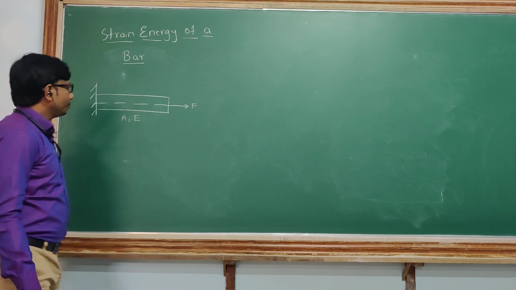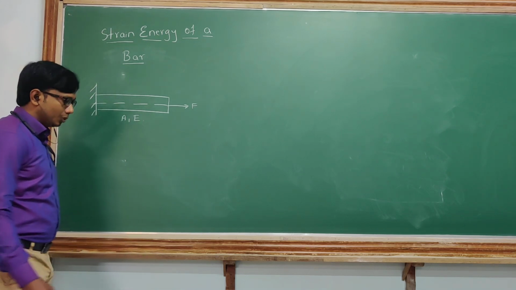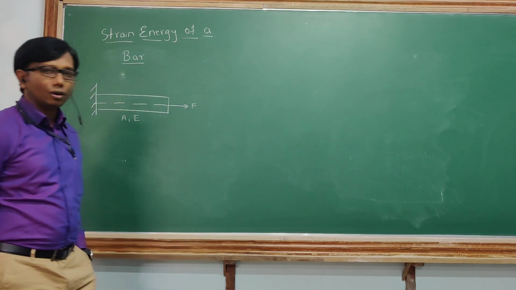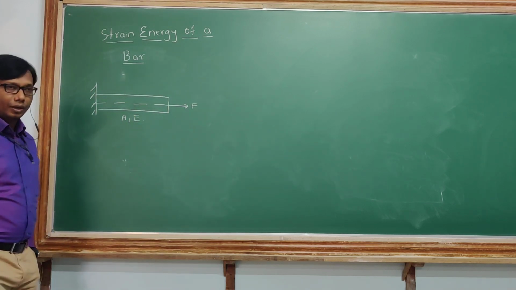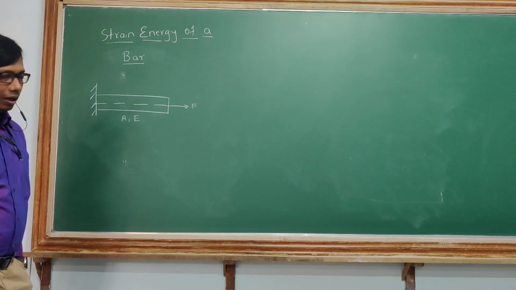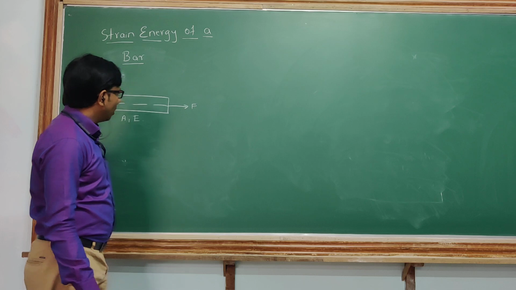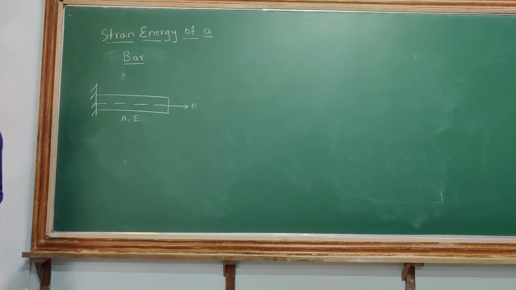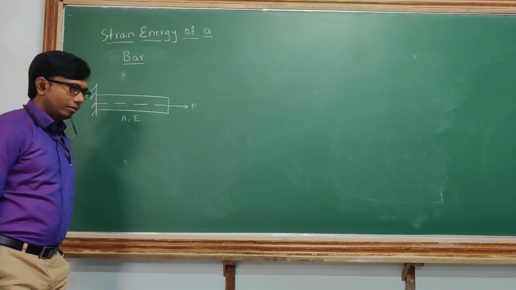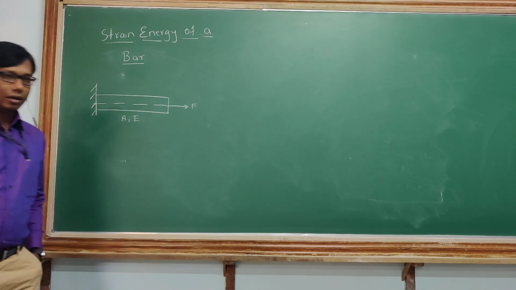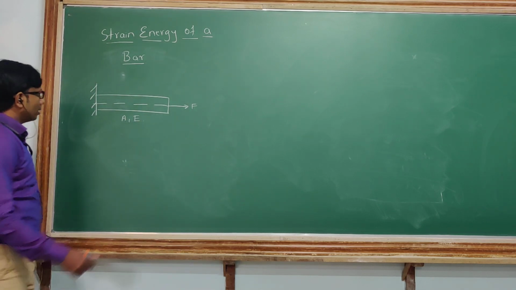Okay, so we will be using these three strain energies: that is the strain energy of a bar, spring, as well as the beam. So how to calculate the strain energy of a bar? If you just imagine how the bar looks practically, it is a 3D object. Whenever I apply a force on this, it starts elongating.